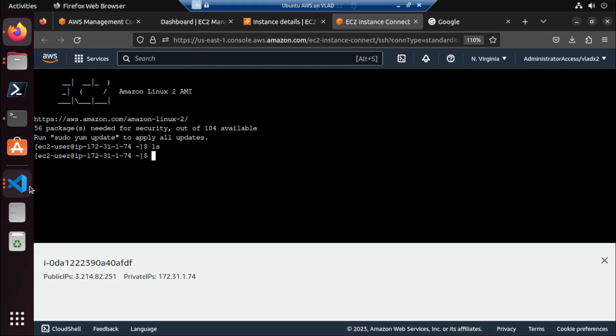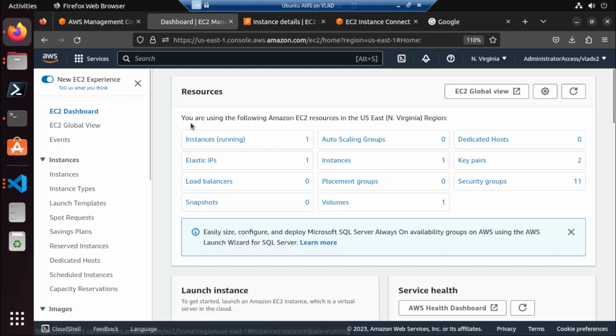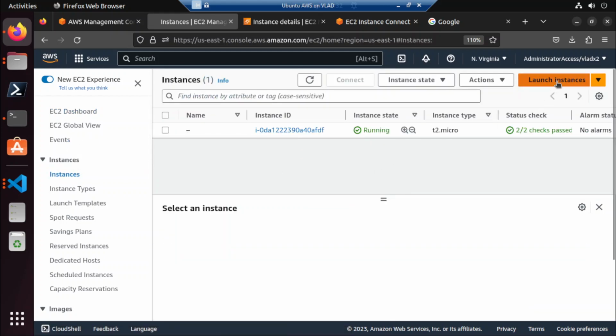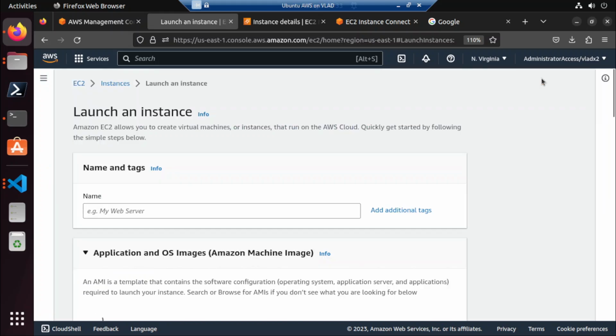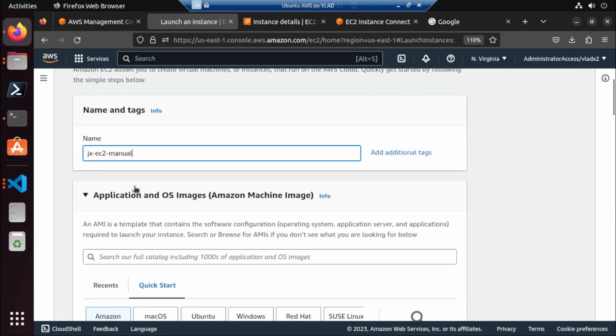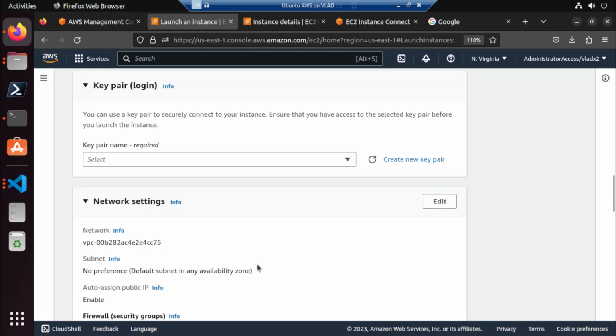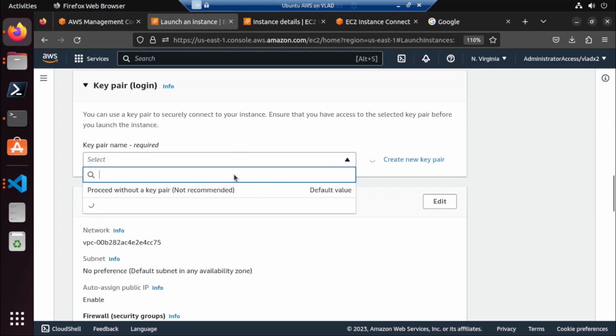Okay, so here in our instances, we're going to create a new instance, JX EC2 manual or clicker. Okay, so because we're going to set this up using click